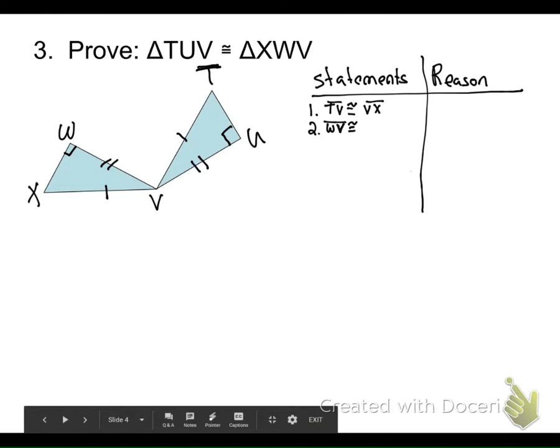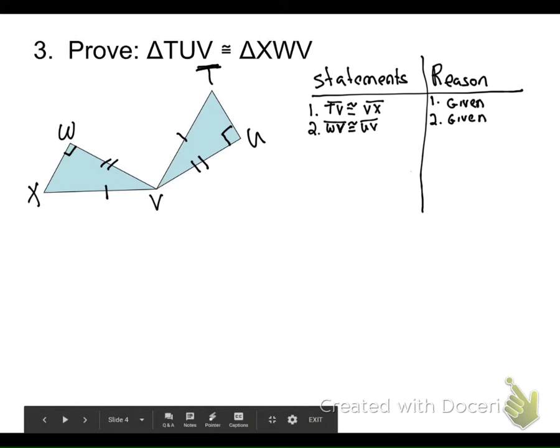UV, because they both have 2 tick marks. Are you guys okay with what we did? How did we know these? They were just given. So right off the bat, you list your given information, and you write given, not give,